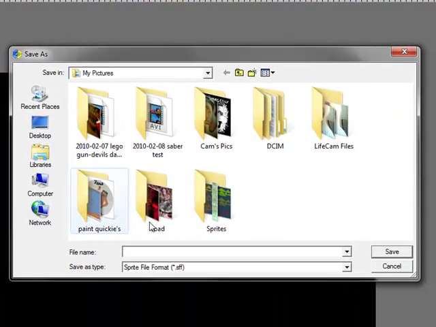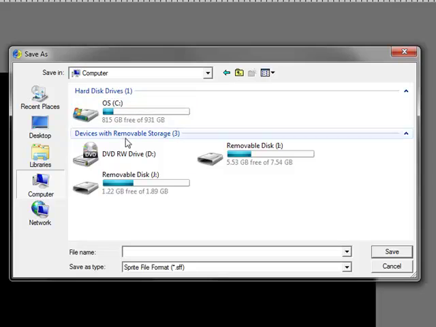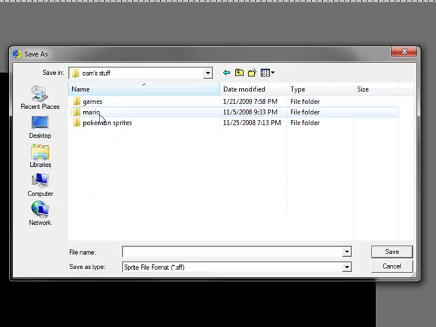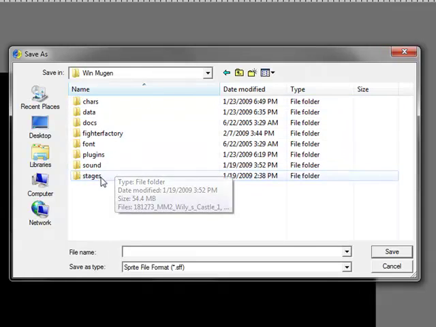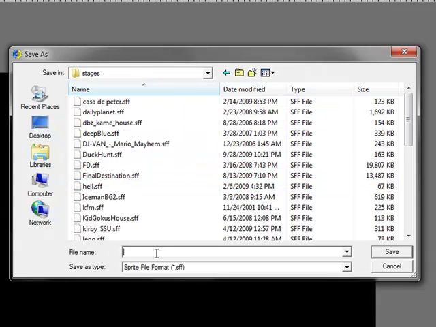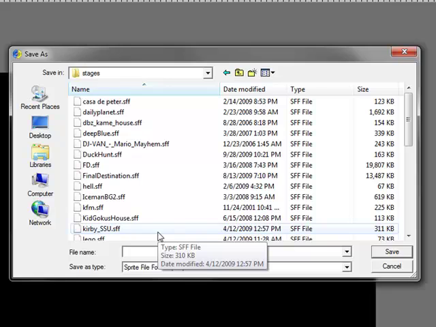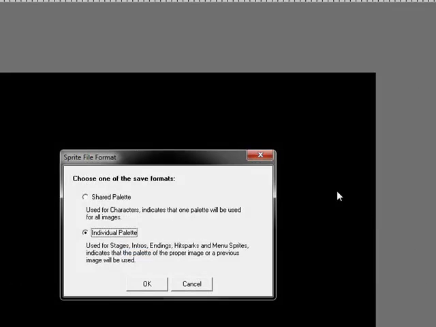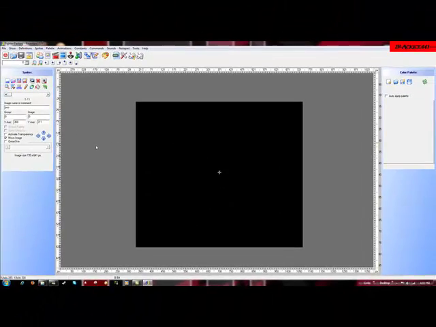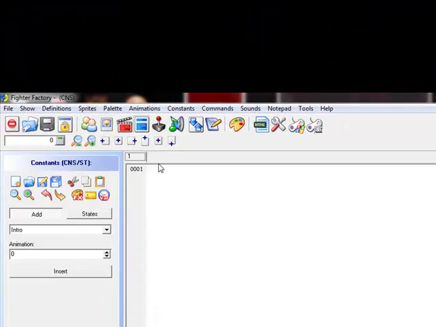Save as SFF. Go to the directory of Mugen. Go to stages and save it with the same name you saved the other thing as. Mine was Raverland. Save it, and for the individual palette, click OK. And after you've done that, go over here to this button, close this out,